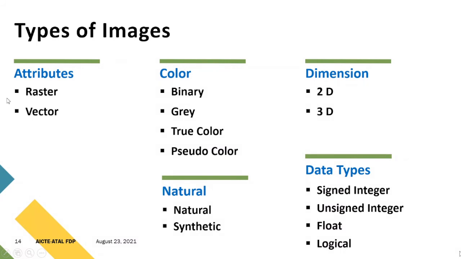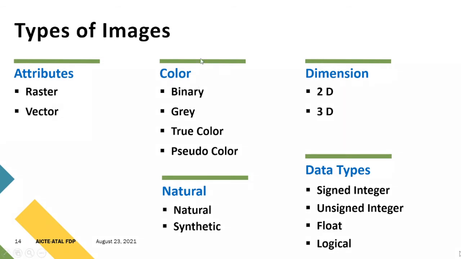What do you mean by these attributes? Raster or vector. Raster means the image will consist of pixels only, a combination of pixels. You can observe various dots in the image. But in the case of vector, there must be certain geometrics also. That will be the combination: there will be certain lines, oval shapes, triangles and so on. So vector means a collection of certain shapes. Raster means a combination of pixels only.